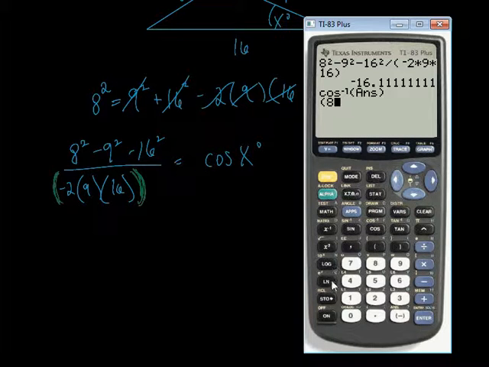I'm going to go 8 squared, all in parentheses, minus 9 squared,